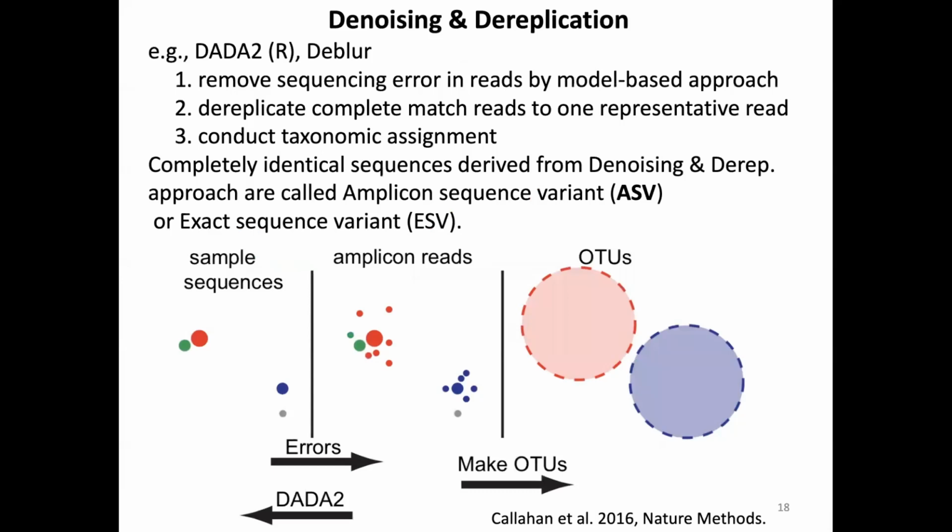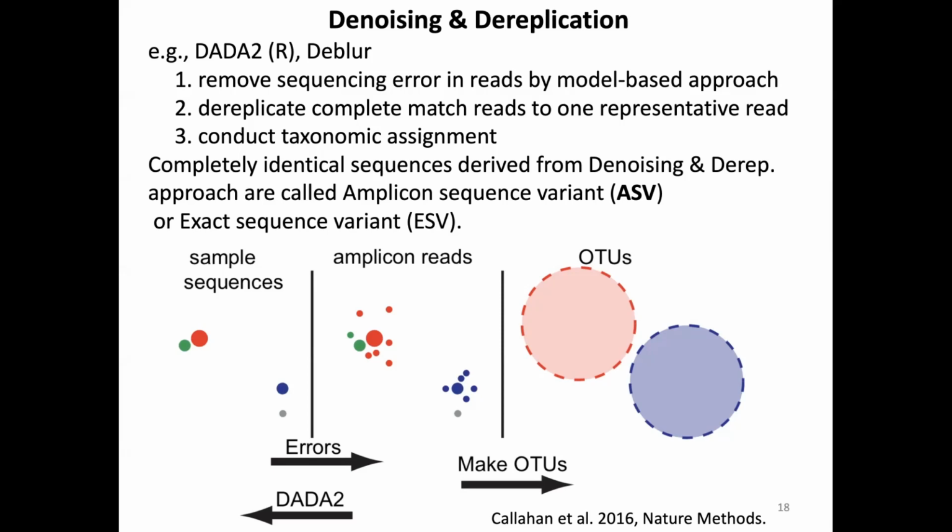To avoid the ambiguity, a method called denoising and dereplication has been rapidly adopted in the microbiome research field. In this method, sequence errors are removed by denoising based on the number of sequences and their distances from a larger number of relative sequences. Then, completely identical sequence clusters called ASVs are used for analysis instead of OTUs,